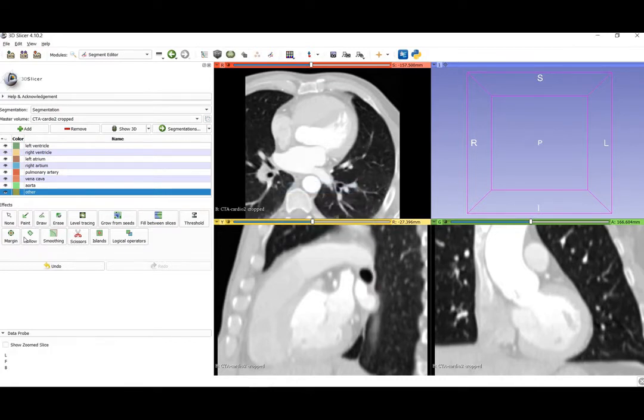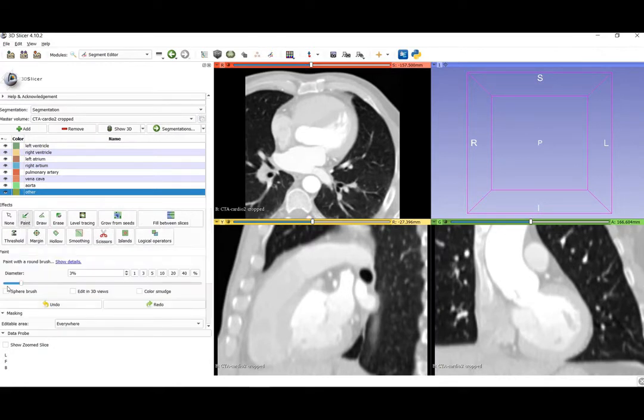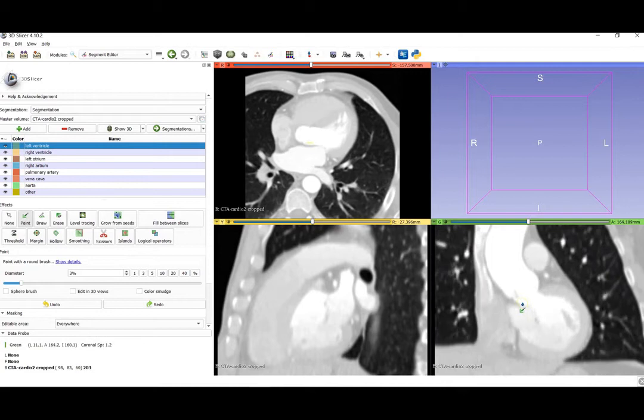Now we are going to create seeds. Select the paint tool here, and you can change the diameter of the paint tool by moving the cursor here. First we will create a seed for the left ventricle.